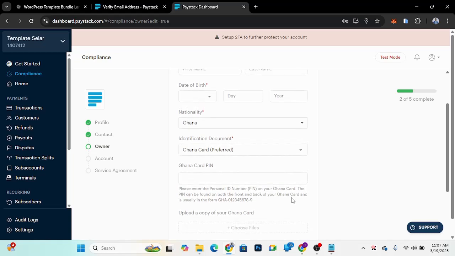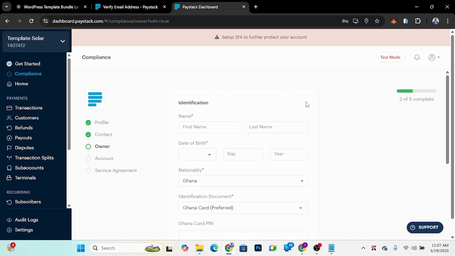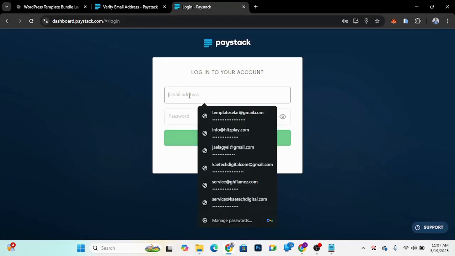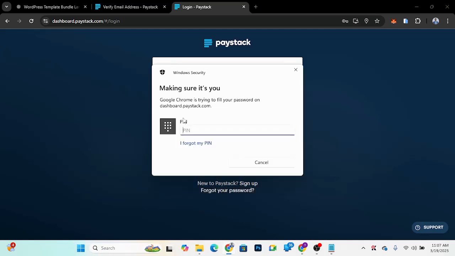But I already have an account with Paystack, which is my business, SkyTech Digital, so I'm not going to create any account anymore. I just created this to show you guys how easy it is to set up a Paystack account. Now I want to log into my real account so I can show you how you can use API keys and all those things to set up your Paystack. So let me just log out from here. I'm going to click on log out, and I'm going to use my real Paystack,